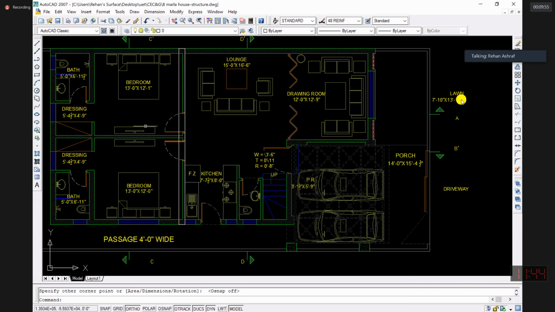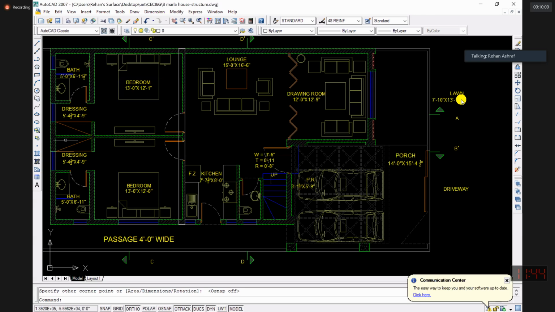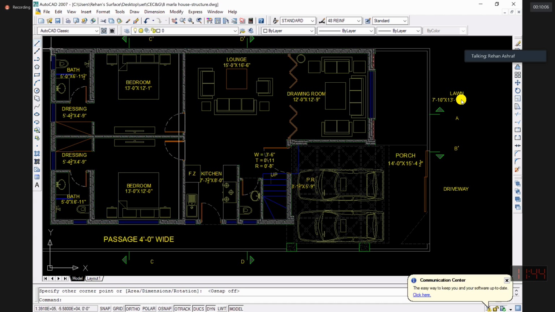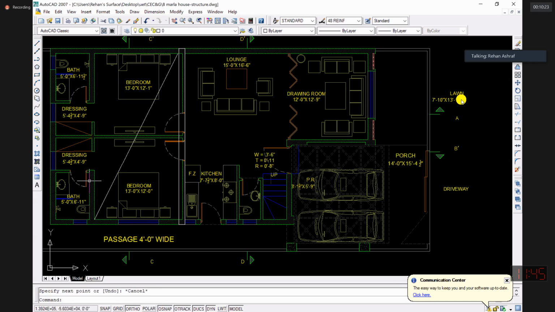Now, if you see this wall, again, this is 4.5, and it would mean that our slab panel would be this much large, from here to here, which is not a good option, right? This is a huge slab panel. We have to reduce the slab panels. So again, this is to be reduced into half,